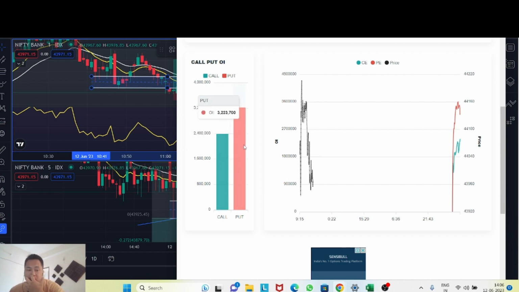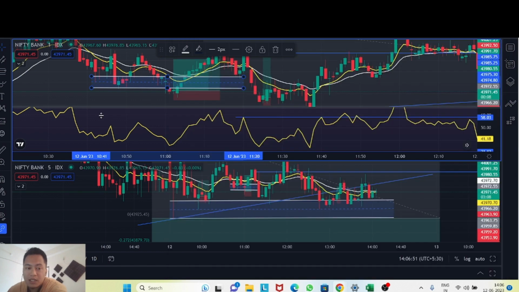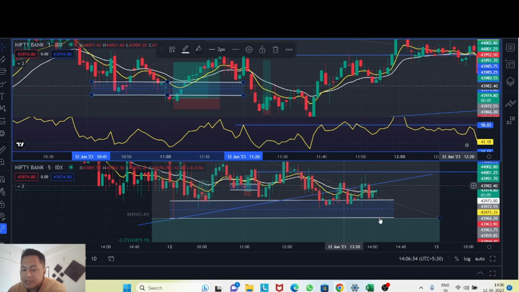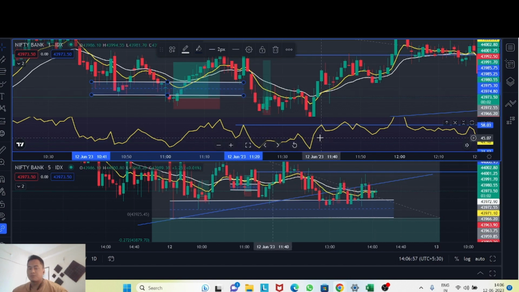I won't go deep into it, but try to understand it. This OI data is on the basis of the seller's point of view. Right now, the OI data for put sides is more, so it means that in the market sellers have sold more contracts on the put side. So there are more put writers and fewer call writers, which basically means all the liquidity would be on the upside instead of on the downside.